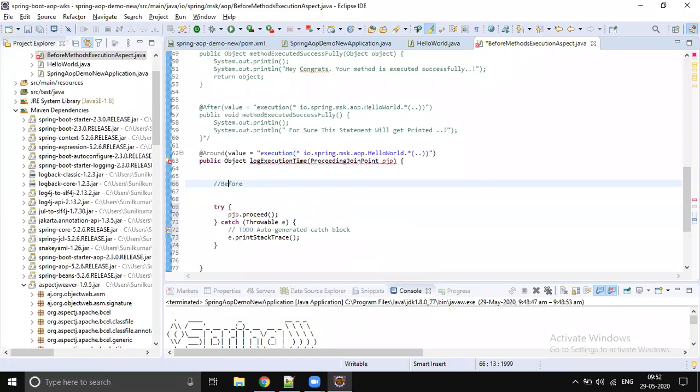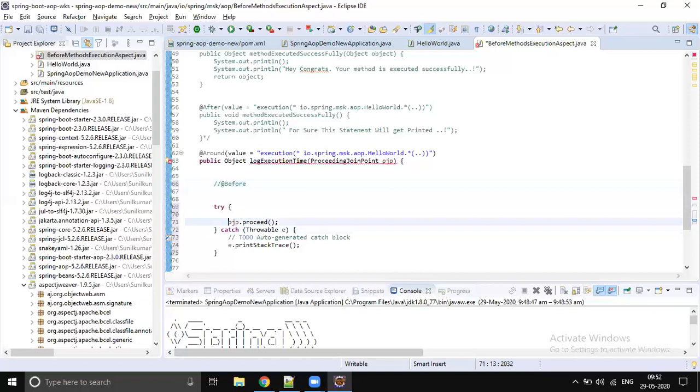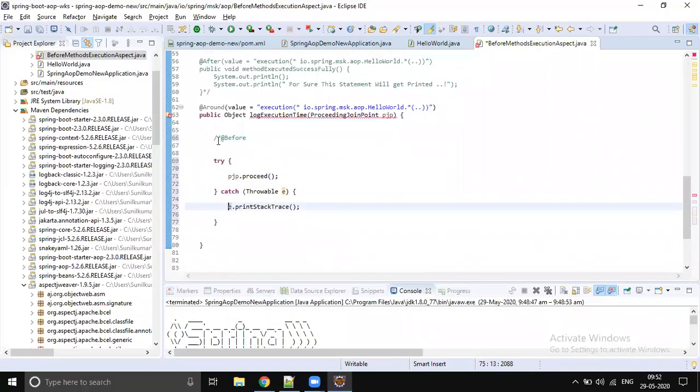Before calling pjp.proceed is like our filter: before calling filterChain.doFilter is the pre-processing, and after calling filterChain.doFilter is our post-processing. So this is your before and this is your after.